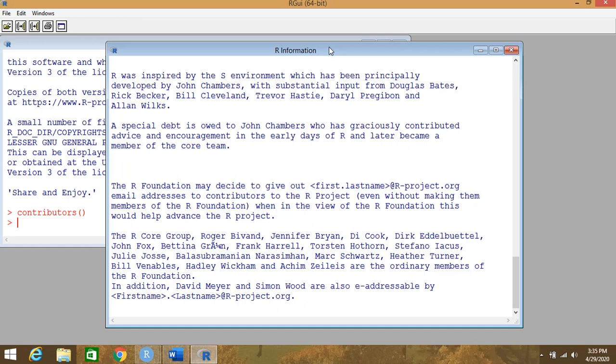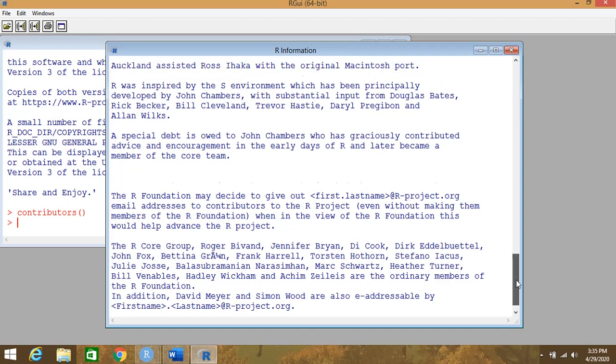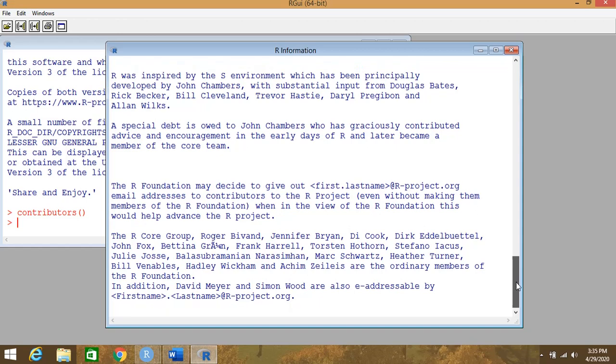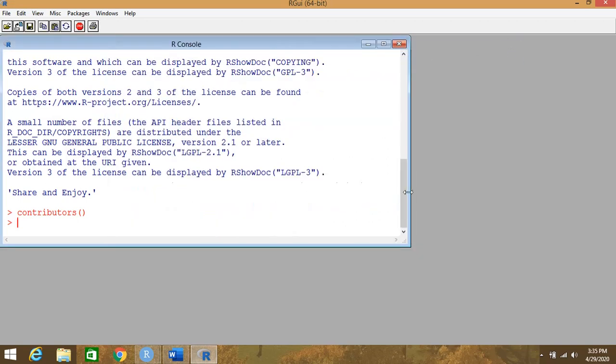Interestingly, the scientists who contributed most both had names starting with the letter R, so initially it was called R&R, but later reduced to R. So that's the detail of the contributors.